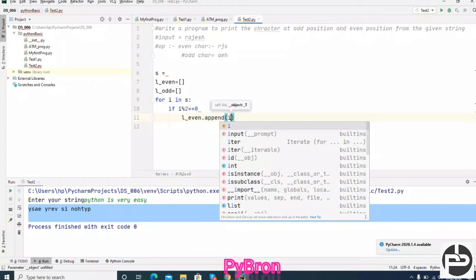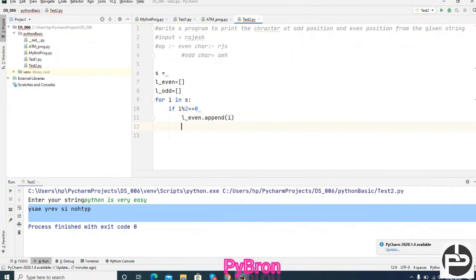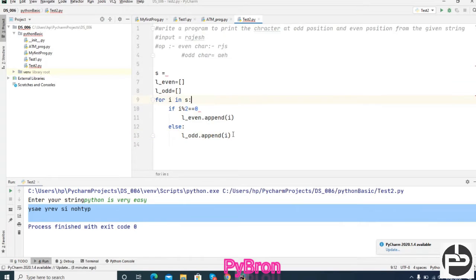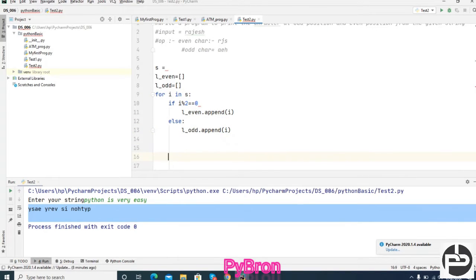Similar, done. Next, else, if it is not even, then odd. I am writing the complete code, buddy, don't worry. Afterwards, if you are able to do it, then I will become very happy, literally. Please try to do the practice, that's all. No one can teach you anything without doing the practice, you have to do it.